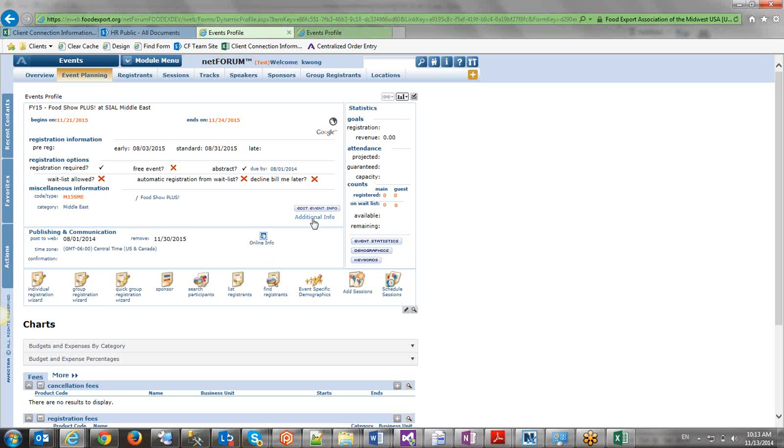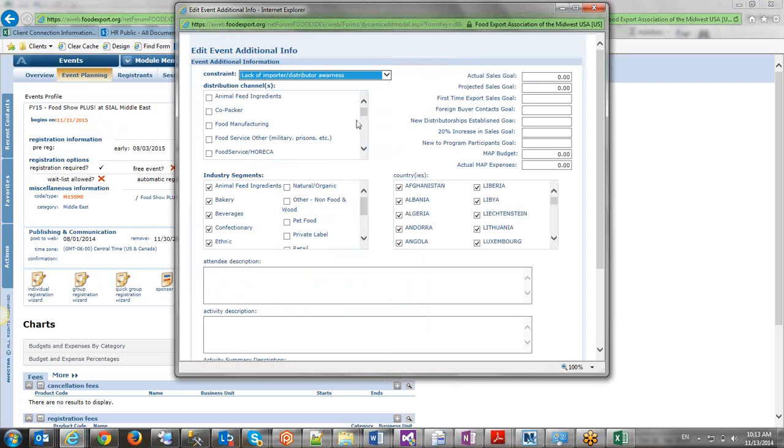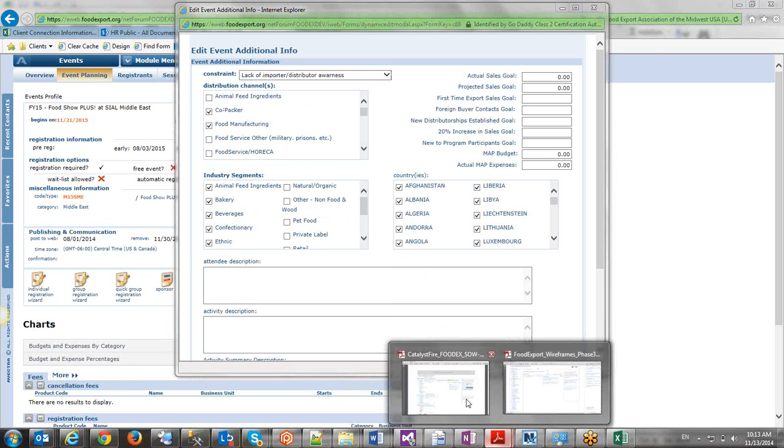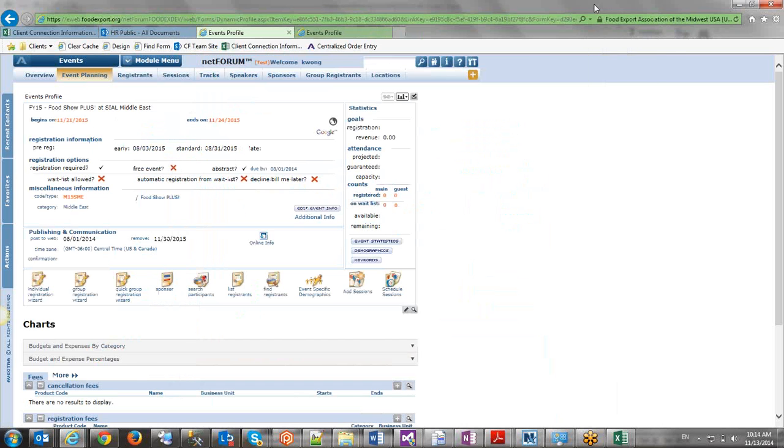Secondly, we built this new thing called additional information. These are all custom. For example, distribution channel, industry segment, and country. These are the ones used on the search page. When they search, they want to find any event that has these industry segments or this specific region. Those belong to, oops,